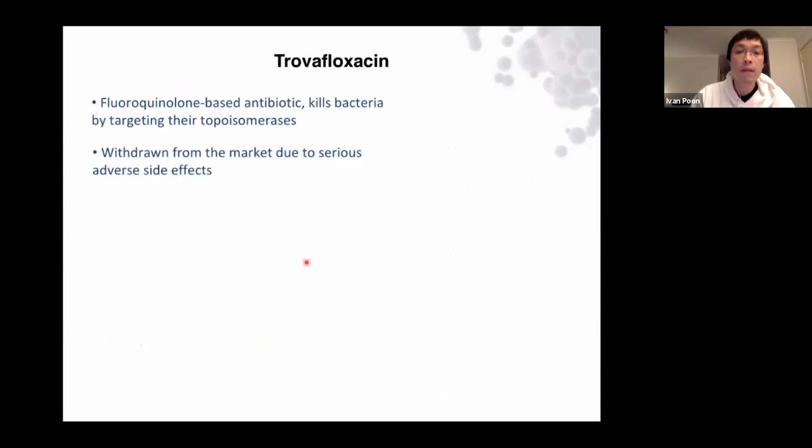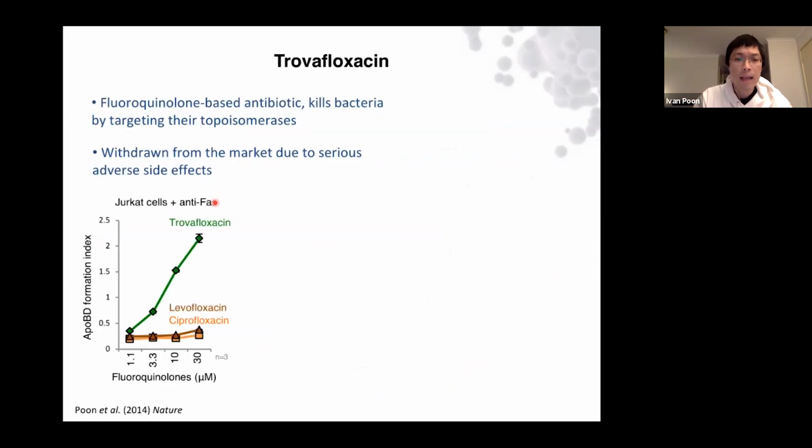So trovafloxacin is a fluoroquinolone-based antibiotic, and it kills bacteria by targeting the topoisomerase. It was actually withdrawn from the market due to serious side effects. So therefore, this drug is somehow targeting some human protein. And in our assay, in a model where we induce Jurkat T cells to undergo apoptosis, if we do this